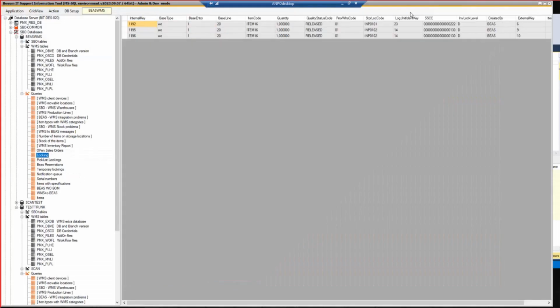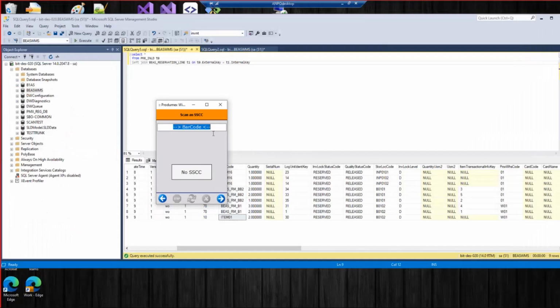Let's add the SSCC. This is our new screen, Select Reservation. With serial items, there are no quantities displayed with the reserved ones but serial numbers, as Beas reserves the unit by each individual item. Note, when we are about to move locked stock contained on an SSCC at partial movement,